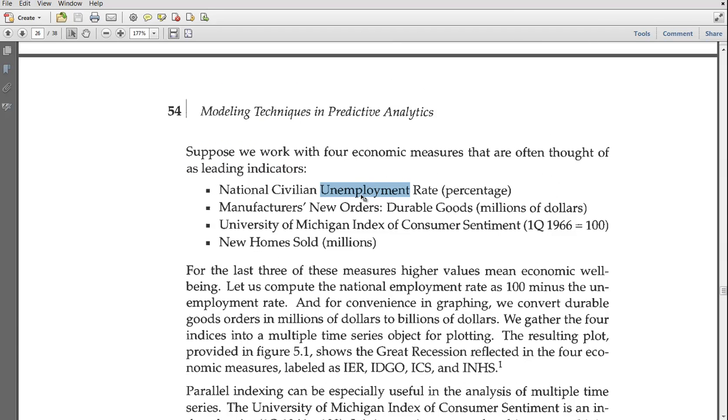If employment goes up, that usually means that later the economy will be doing well. Not at the same time, but leading means they happen before some other events occur. Or if manufacturers are increasing their orders, that is also a leading indicator that in the not too distant future things will be improving in the economy, and so on.